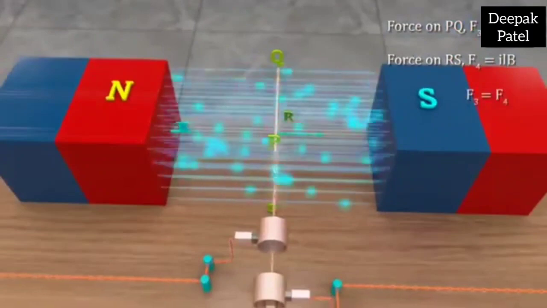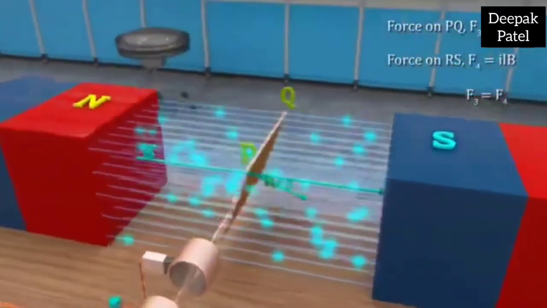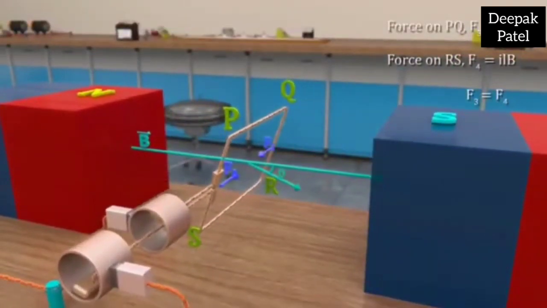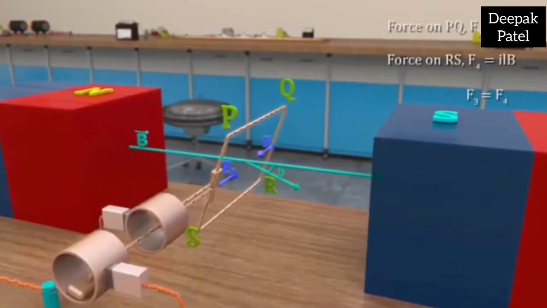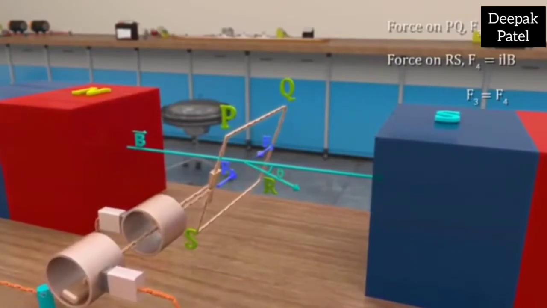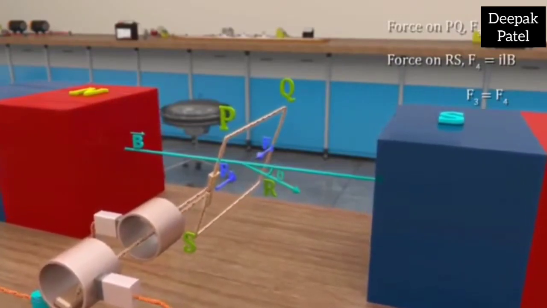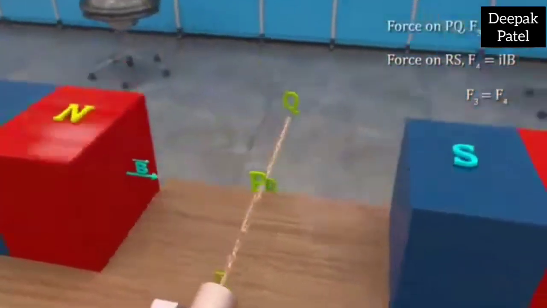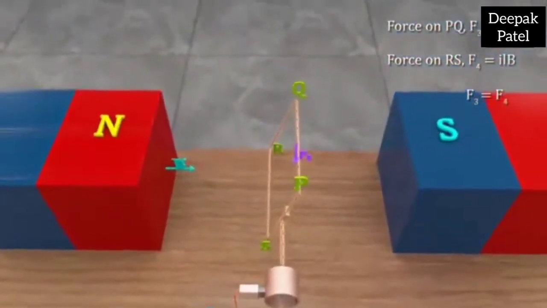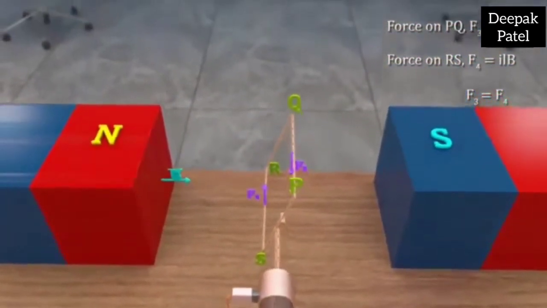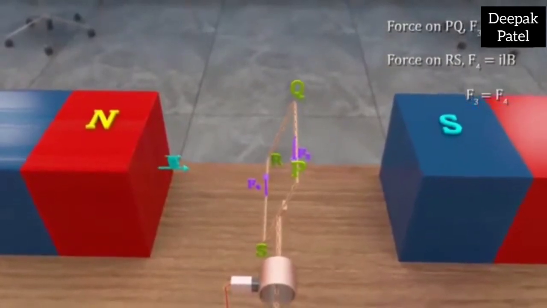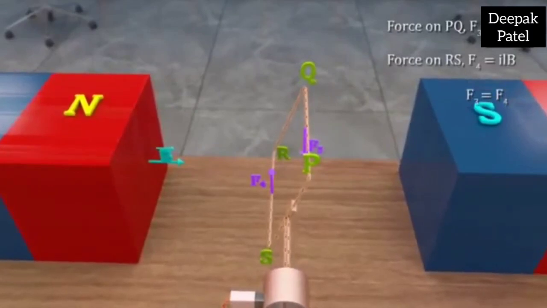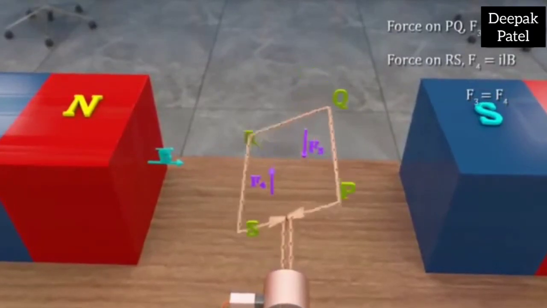Now, let the loop's normal make an angle theta with the magnetic field. Forces on SP and QR are equal and opposite to each other, and they have the same line of action. Hence, they produce a net force equal to 0 and net torque also equal to 0. The magnitude of the force on PQ is equal to the magnitude of the force on RS, but they don't have the same line of action. Hence, they produce a couple due to which the coil tends to rotate in the clockwise